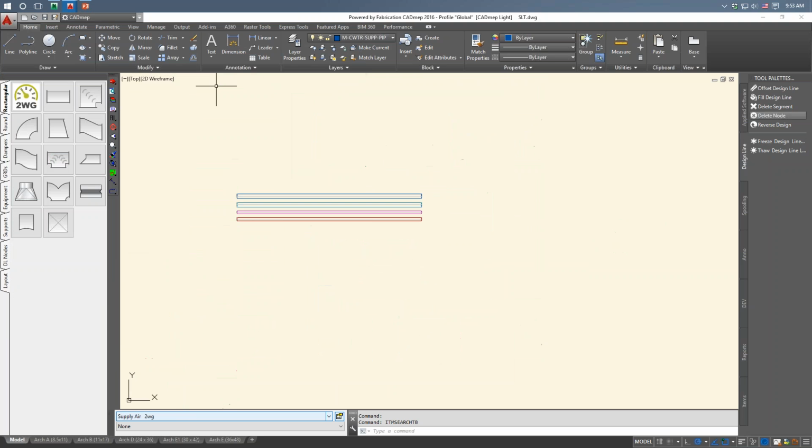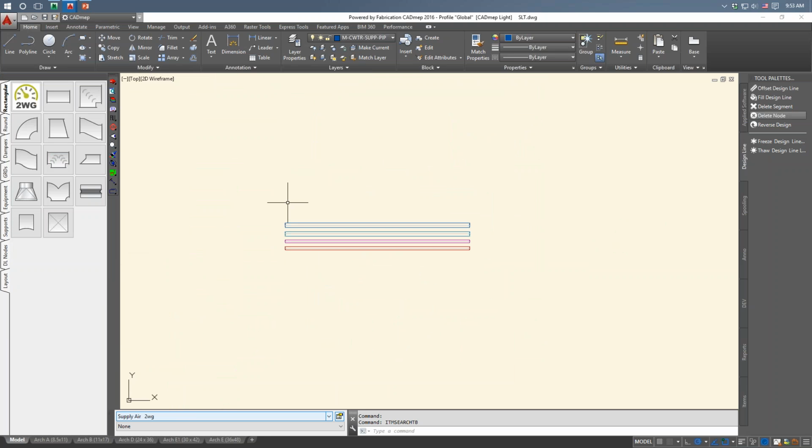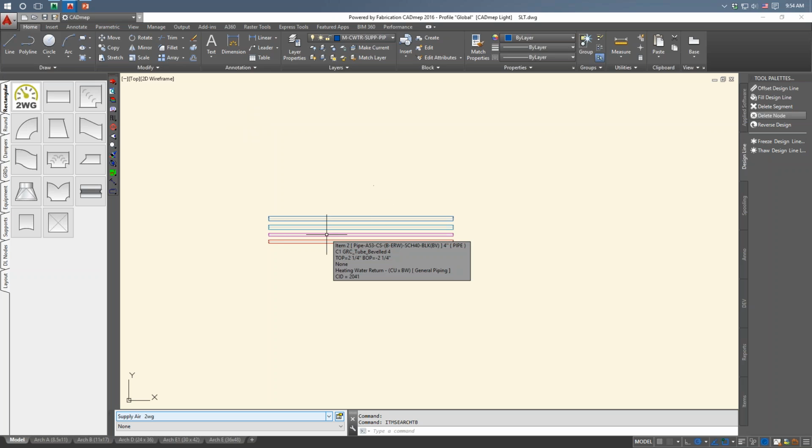Here's another one that I kind of forgot about. I hadn't run across it in several years, but this can be awfully handy. Let's say that I need to cut these lines up. Maybe I've drawn everything down the hallway, and we've got some modular construction where they need joints to all line up because we're going to send this out in chunks. So we can divide this thing up